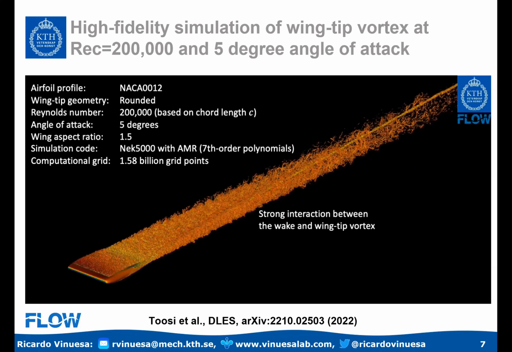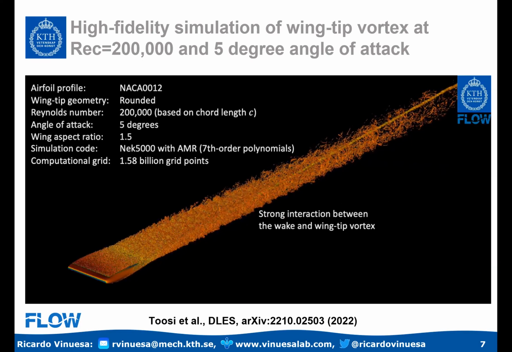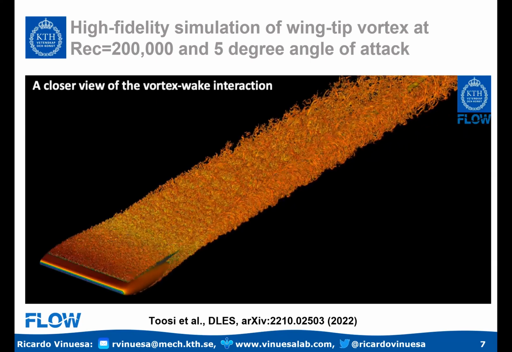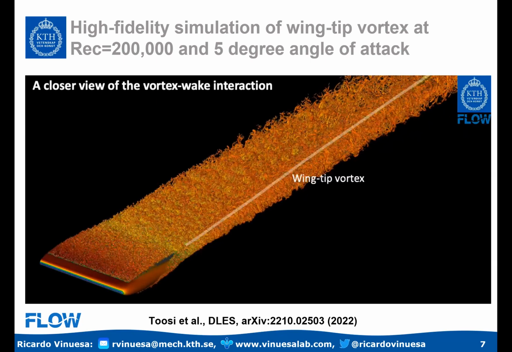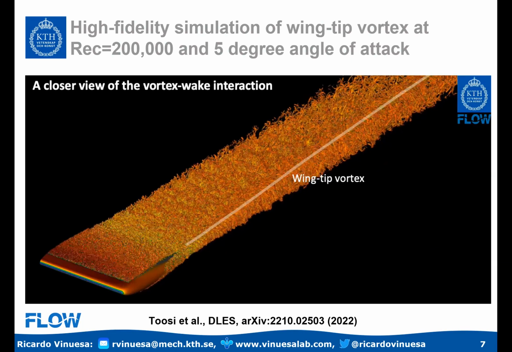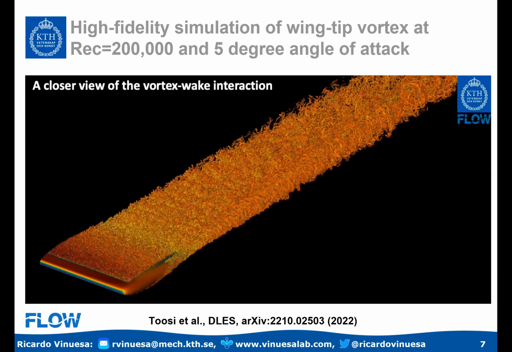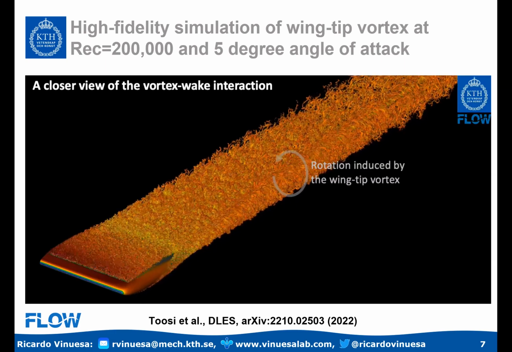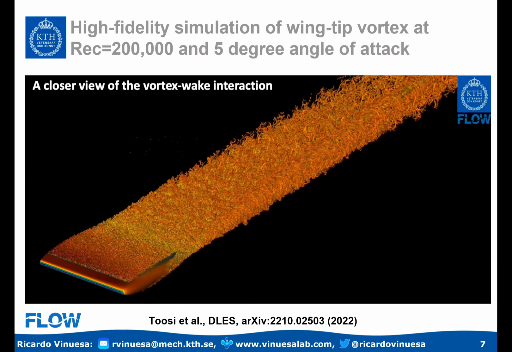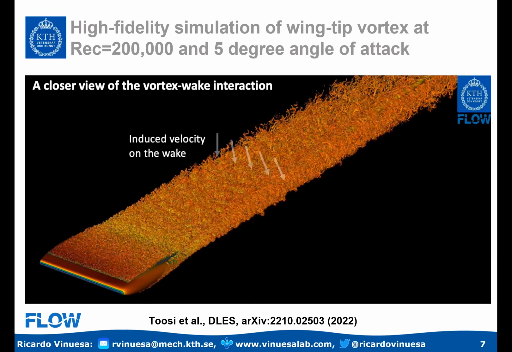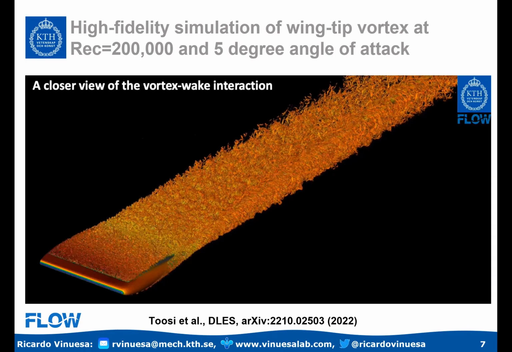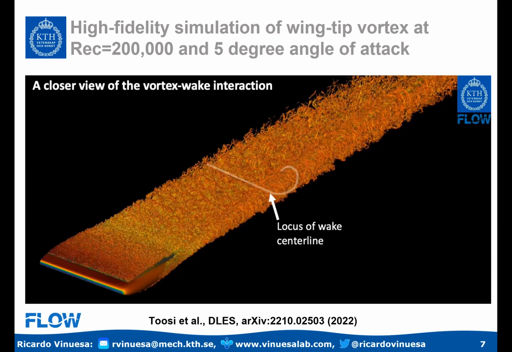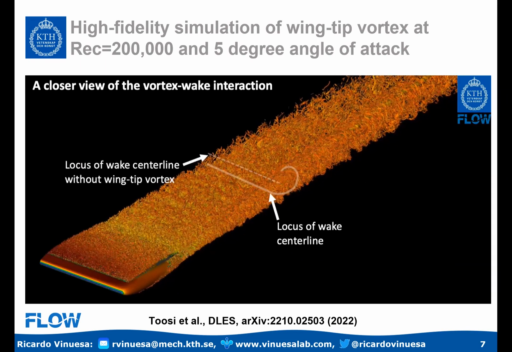This lift-induced component that I was mentioning before is strongly associated with the convection of this wingtip vortex downwards on the wake. That really affects the capacity of the wing to extract lift from the aerodynamics. And therefore, that's what adds this extra component of the drag because of the effect of this vortex. So this rotation that you can see here induces a wall-normal velocity on the wake that is negative, a vertical velocity that is negative, which basically changes the locus of the wake, and that's what affects the aerodynamics of the